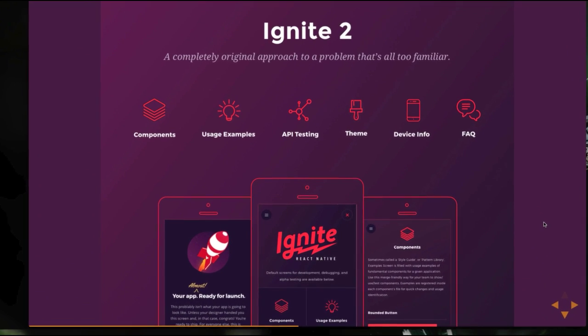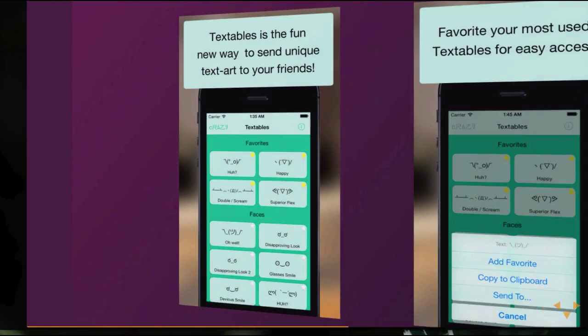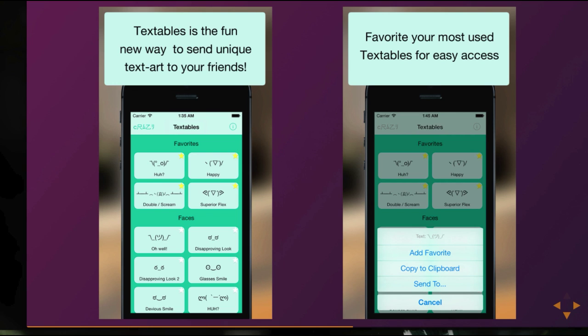Welcome, friends! All right, today we're going to use Ignite 2 to build a very popular application. Now, Ignite 2 is the extension of Ignite 1, where we have boilerplates and modular plugins,